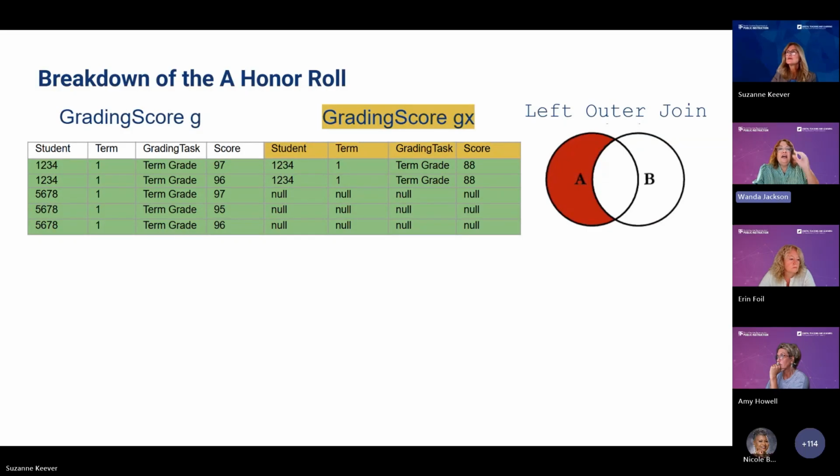So it's looking at student 1, 2, 3, 4 there. This student had some A's, but they also had some non-qualifying scores. So they had some 88s that weren't in our list. So our student, the 5, 6, 7, 8 student, had A's, but they had null values in those non-qualifying scores in that list. So that is what we are really looking for. So we want students that only have A's and none of the non-qualifying scores. So when we go to our next slide,